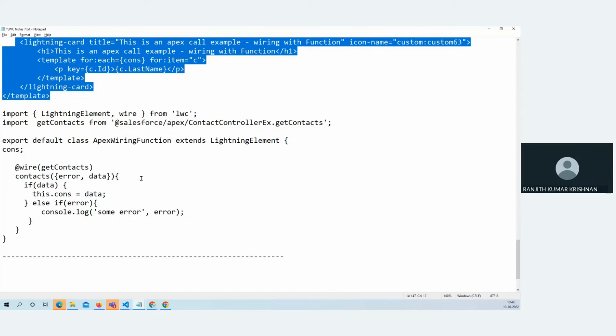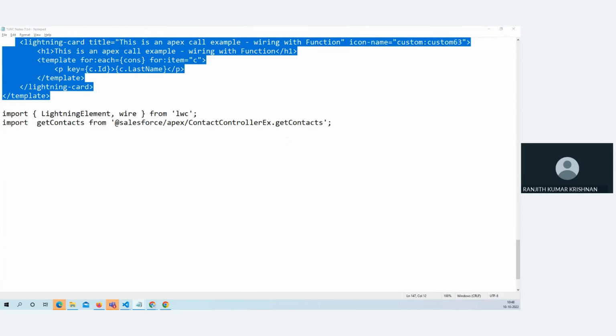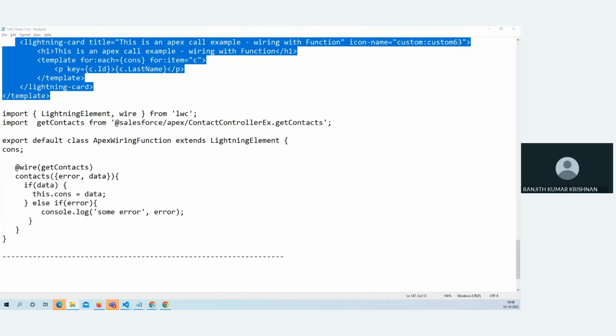Did I give any exercise in the last class for wiring with the parameter and function? Did I give? I have to check. I think no. I didn't give, right? Yes. You did not give. Okay. Today